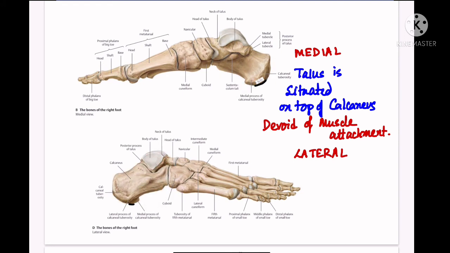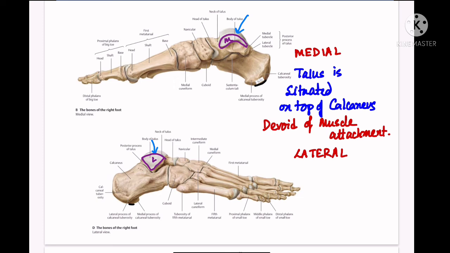First of all, we are showing you the superior surface. This is obviously the superior surface of the body of the talus. On both sides, from the medial side, you can see the comma shaped medial surface. From the lateral aspect, this is the triangular articular lateral surface. M for medial, L for lateral.